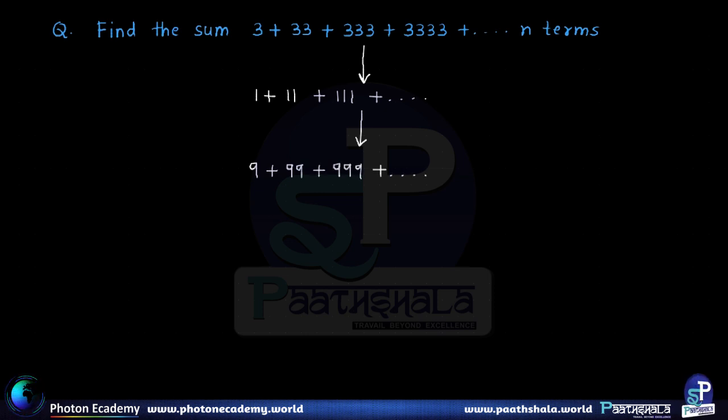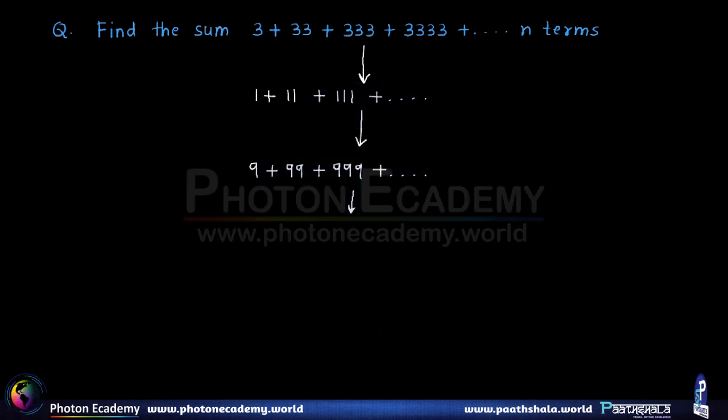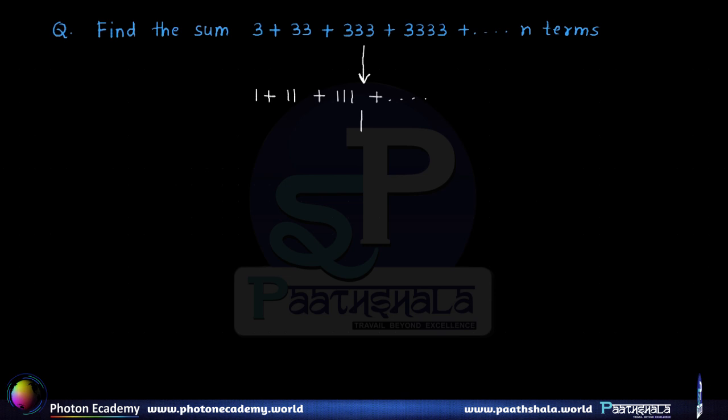And then based on this, we somehow arrange a GP and then write the formula for the sum of the GP. Alright, so this is the overall scheme of reasoning. Now let us do that one by one. Let us see how to achieve that first. Now if you look at the given series,